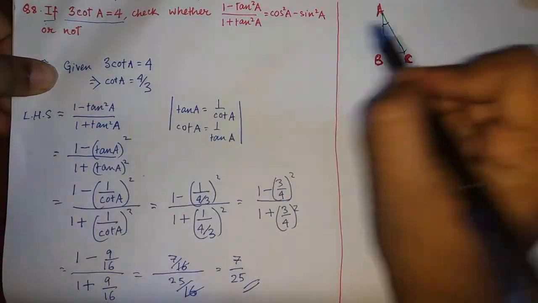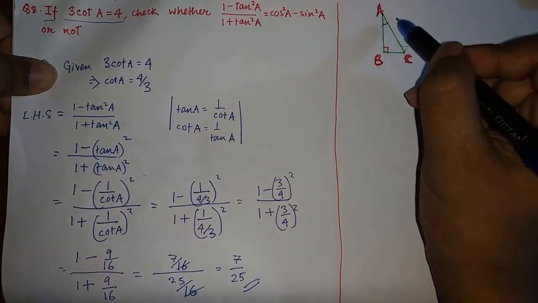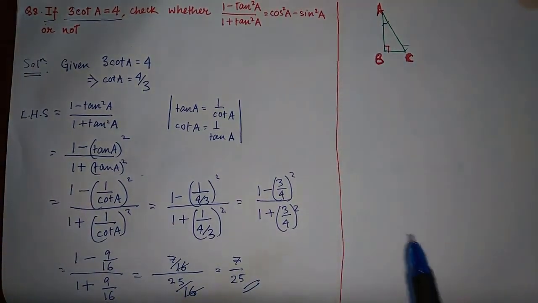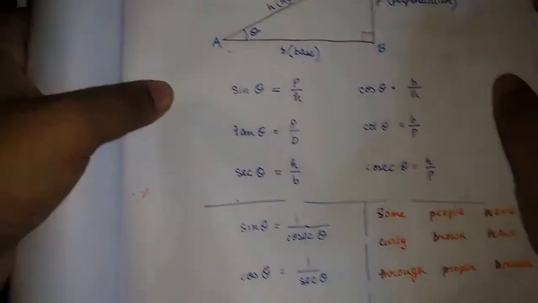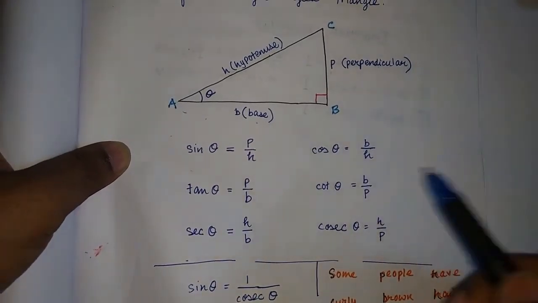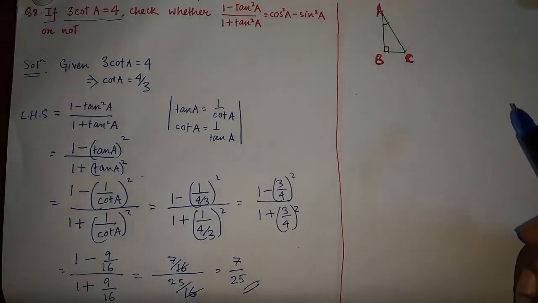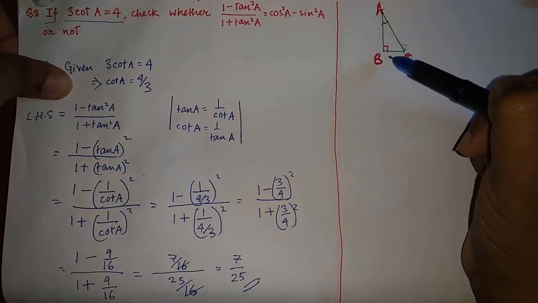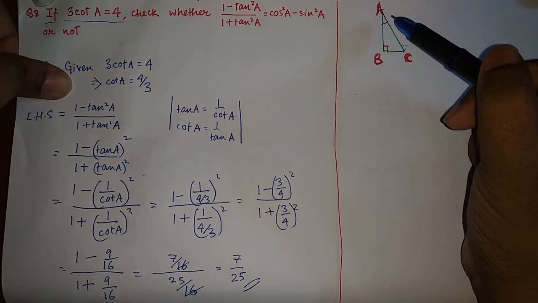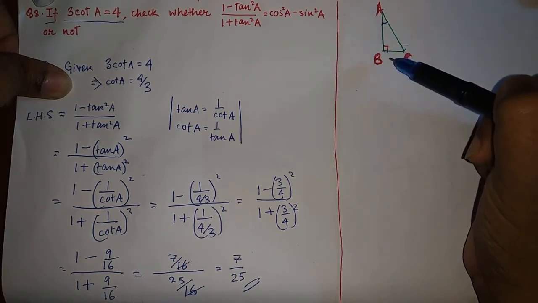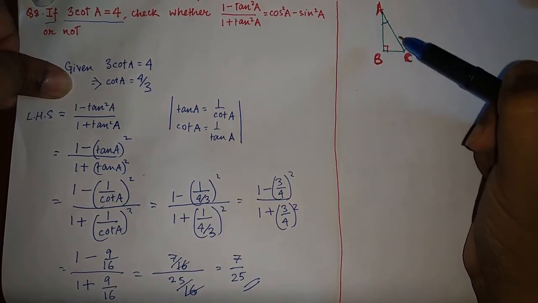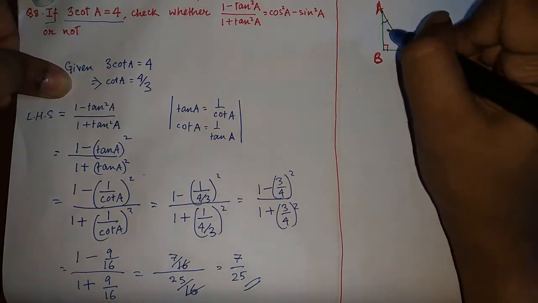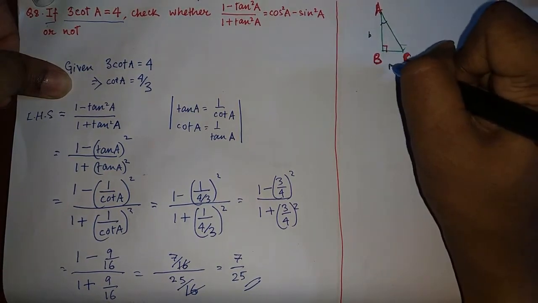And cot of this angle of this right angle triangle is equal to 4 by 3. So what was cot theta? Just revise it. Cot theta is equal to base by perpendicular. You already know it. So in this triangle, which one is the base? Of course, the side adjacent to the given angle, which is AB, and the perpendicular is the other side, which is the side opposite to the given angle, which is BC. So this is the base and this is the perpendicular.